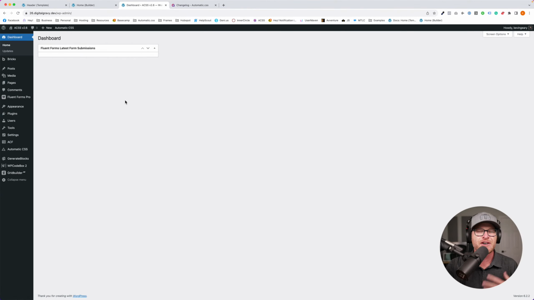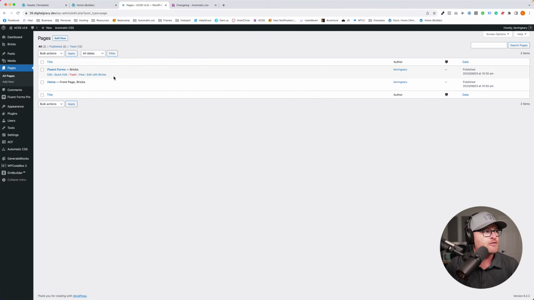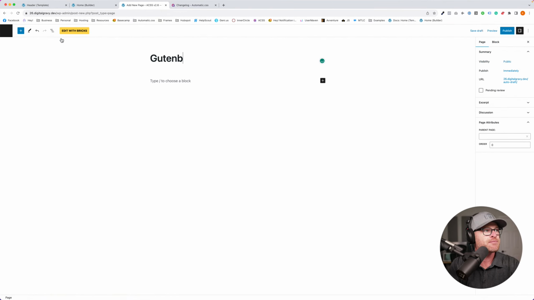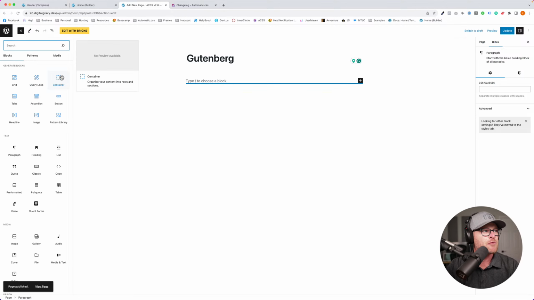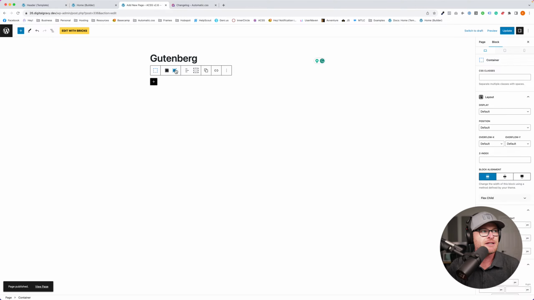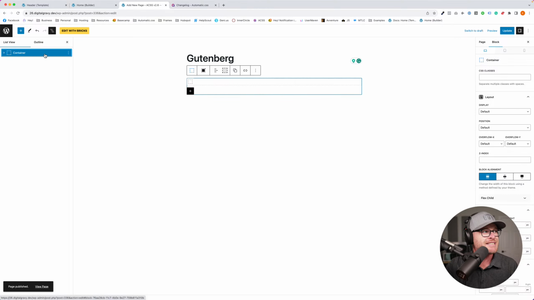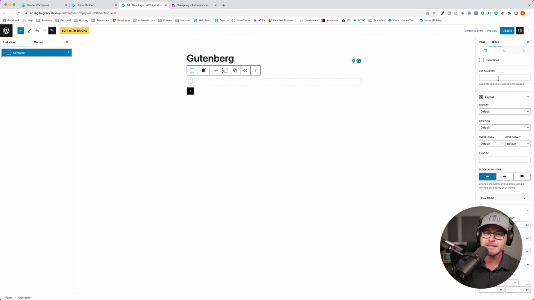Because this is a very substantial update for Gutenberg in general as well. So I'm going to hop over here and we'll create a new page, and we'll just title this Gutenberg. We will publish. Okay, so the first thing that needs to be pointed out, and I will add a Generate container just because native Gutenberg doesn't really have any real useful blocks. I'm going to open the structure panel here. So here's a container from Generate. And the first thing that you're going to notice is the classes box at the top. What we have done is brought a class first workflow, more or less, to Gutenberg.